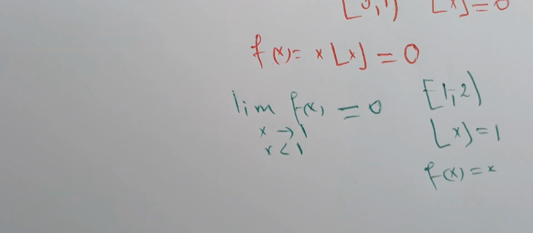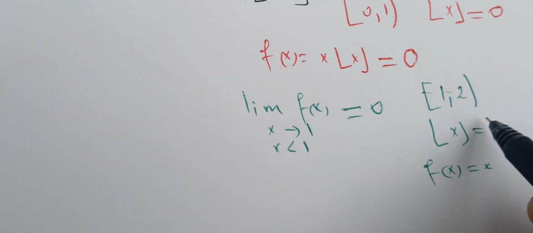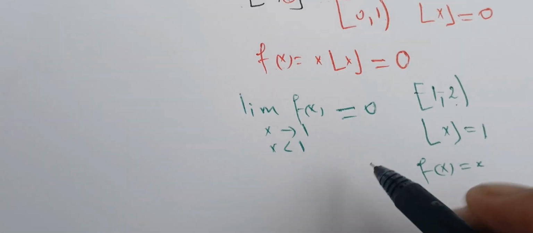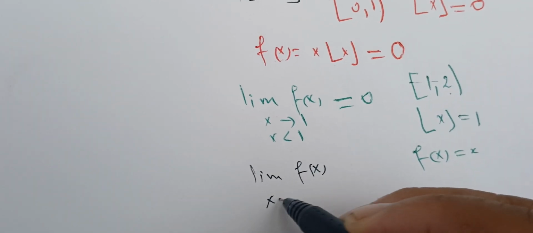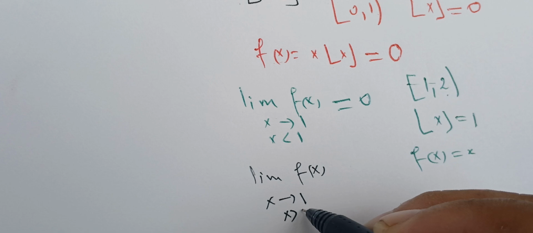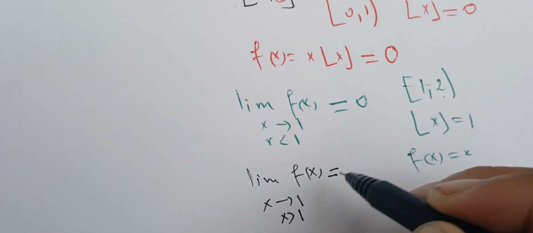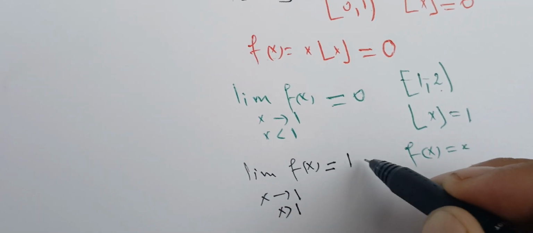So we can take the limit from the right. The limit of f of x as x goes to 1 from the right is 1,